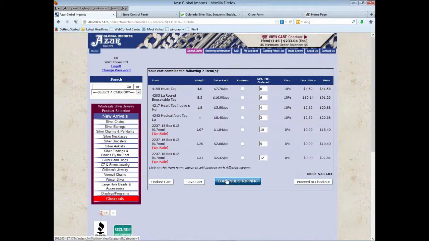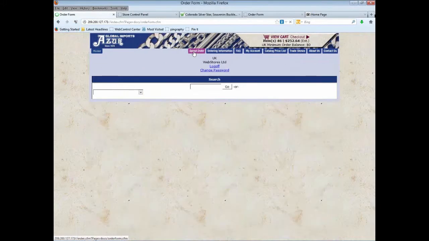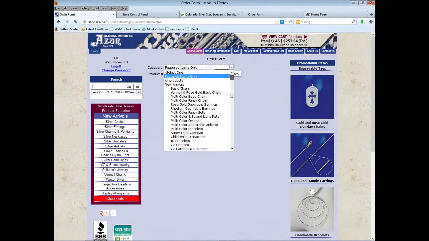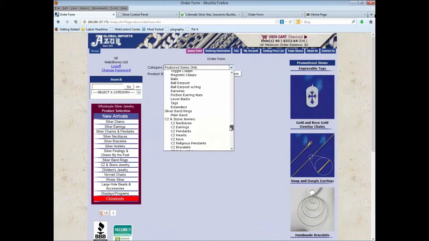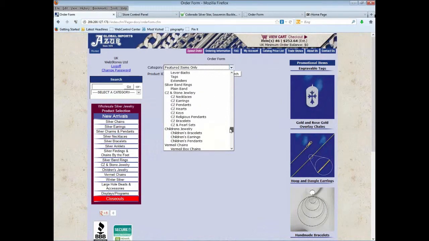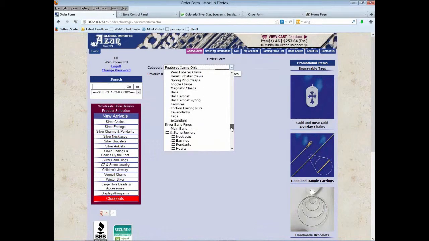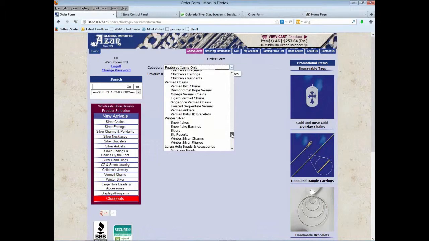Now I can hit continue shopping and go back to where I was, or I can select this item here called a speed order. And the speed order allows me to basically have an order form. So if I want to come in here, for example, and take a look at a particular type of item, I can do that. So let's just say that I'm looking for